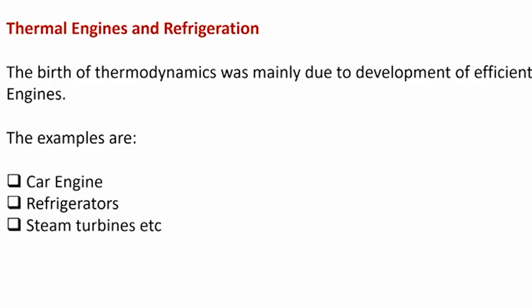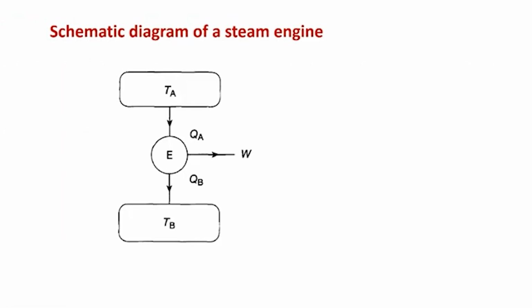of the important things about thermodynamics which are important for a thermodynamics course, and some of them are not so very relevant to the statistical mechanics course, but yet we want to do them for completeness. Thermodynamics was initially developed for devising thermal engines and refrigerators, and these examples are car engines and refrigerators, steam turbines and so on. And if you look at the schematic diagram of a steam engine, there is a heat bath